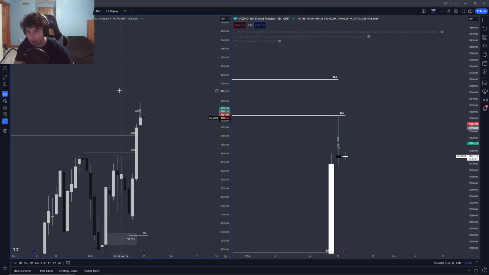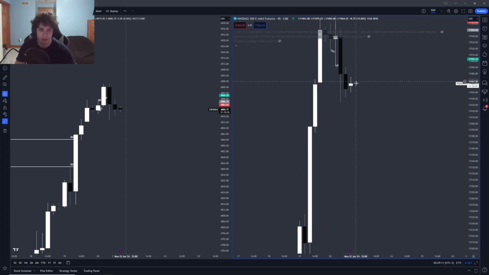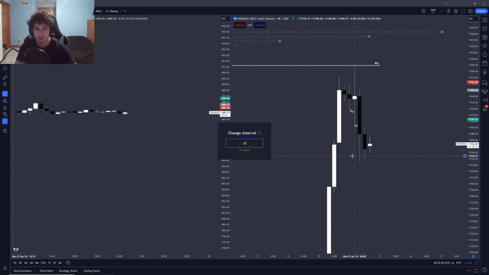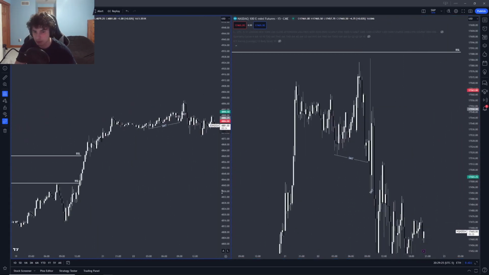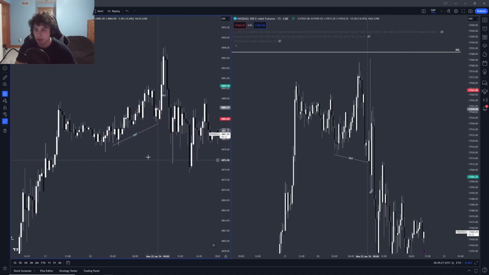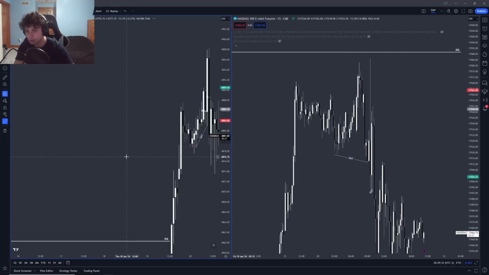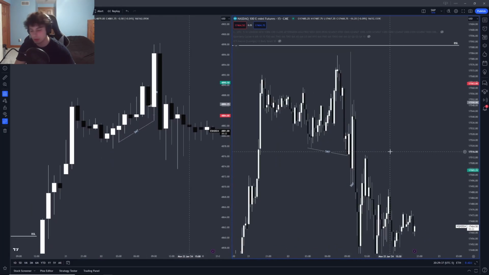Looking at the 4 hour, here's where we can see what's going on. In the 4 hour, we had a small retrace. As of this morning, though, we did not go all the way down here. So I'm going to go to the 15-minute and explain what my bias was this morning. Looking at this, this was actually probably on the 1 hour. Yeah, right here on the 1 hour,